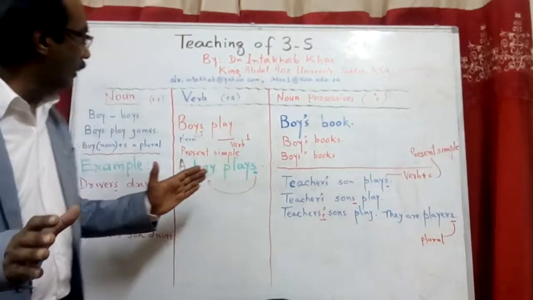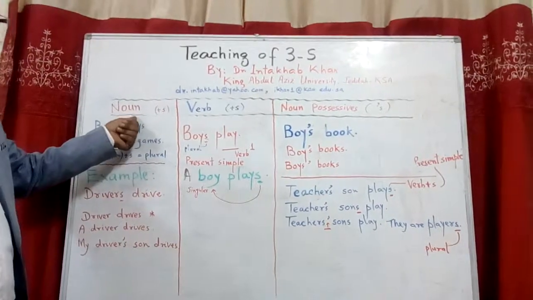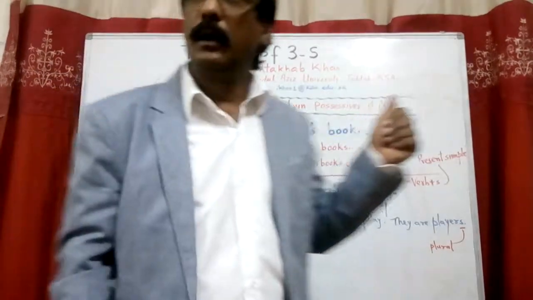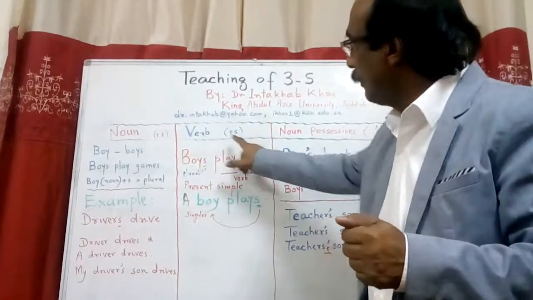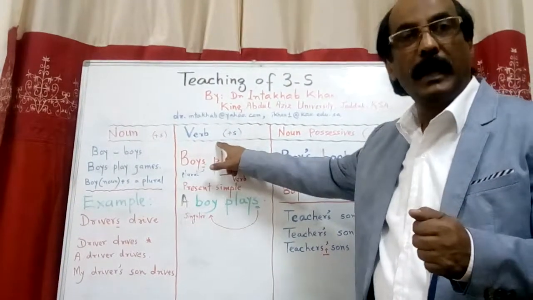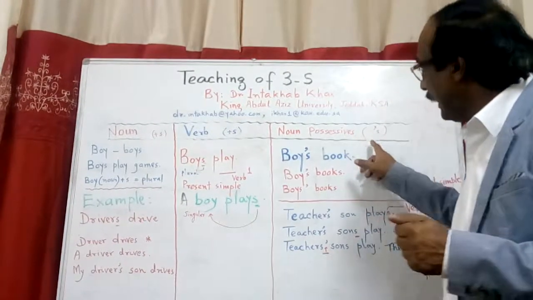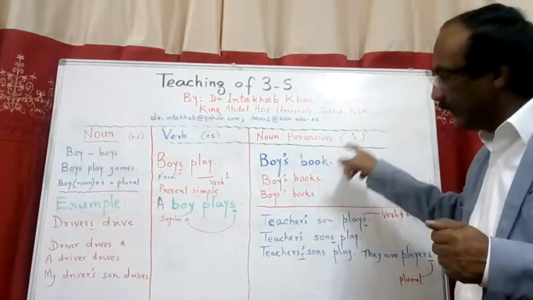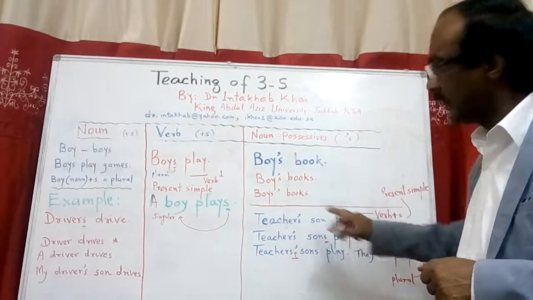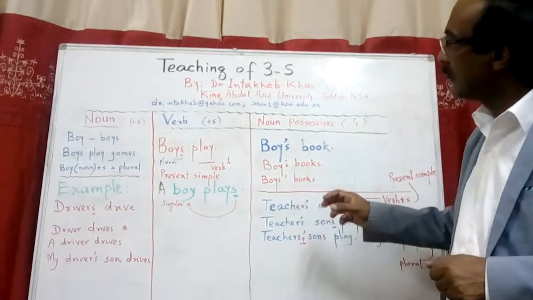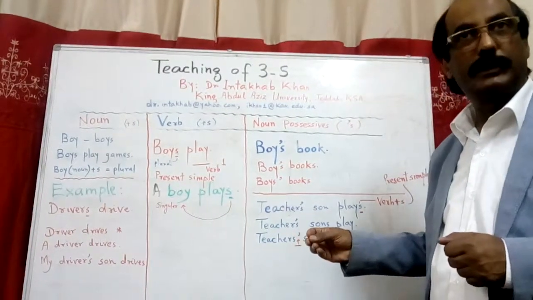Now we understand there are three kinds of S suffix. One is with noun, which makes plural. When we add S to a noun, it becomes plural. When we add S to the verb first form, it denotes present simple tense. When we add S to a noun with an apostrophe, that becomes possessive. All three kinds of sentences are here. I think this kind of remedial approach will solve some sort of problem for the students who are